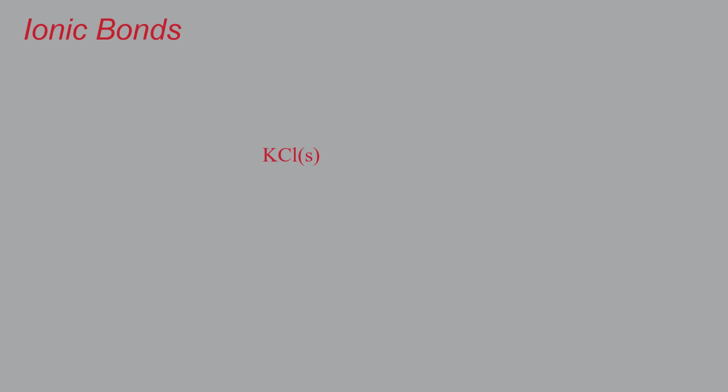So for KCl, we have to think about it as being a bunch of isolated K pluses and Cl minuses with no electron sharing between them, but in this case, for this very simple piece of salt, a very strong electrostatic attraction between the two ions. Now we're going to go in detail